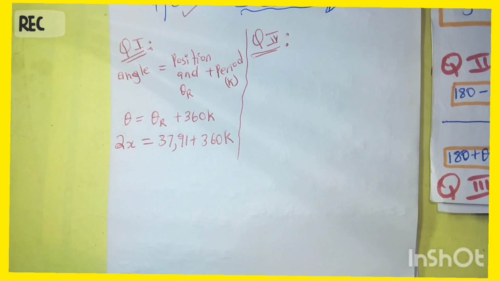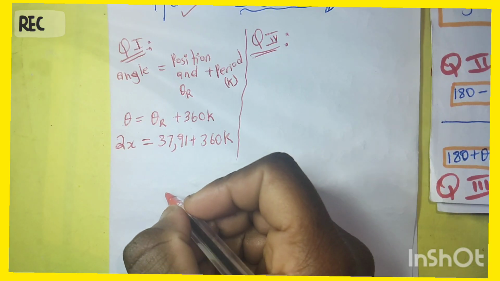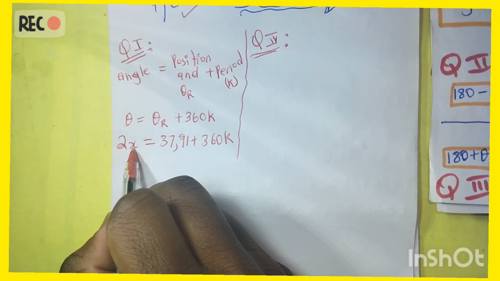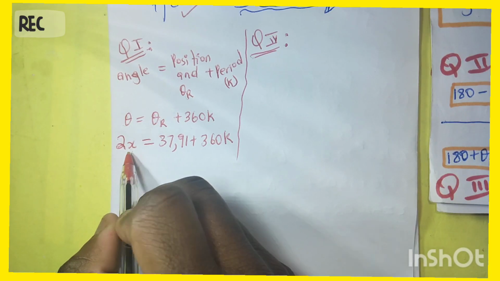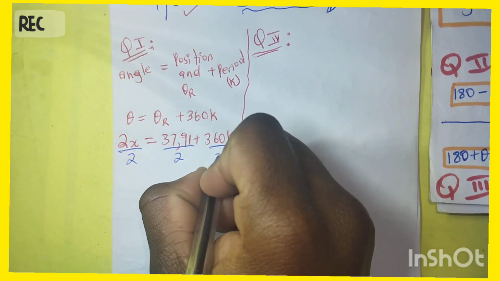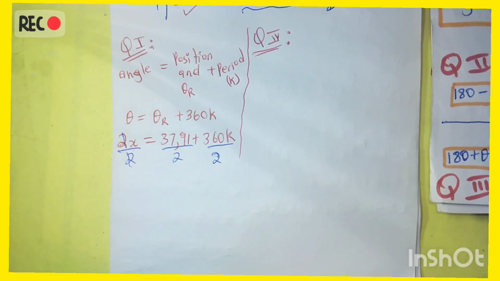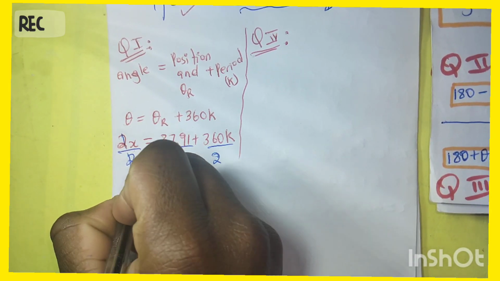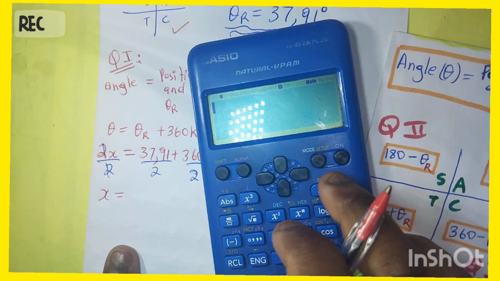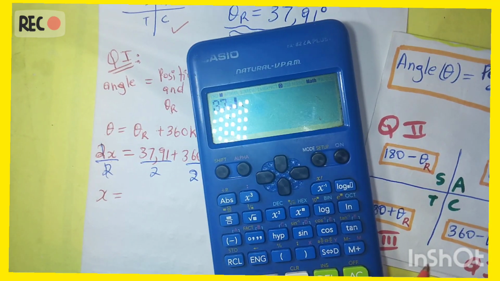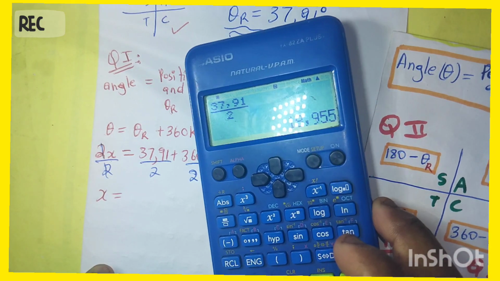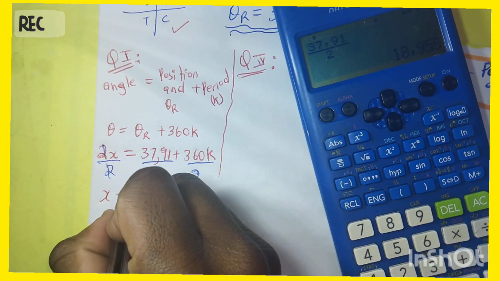So now what I can do, I can just make x there represent the equation. Let's make that x alone. For you to make x alone, you should remove this 2 by dividing everything by 2. These will cancel, meaning that our x will become, let me press this on my calculator, divided by 2, which is this. This is what I get, which is just